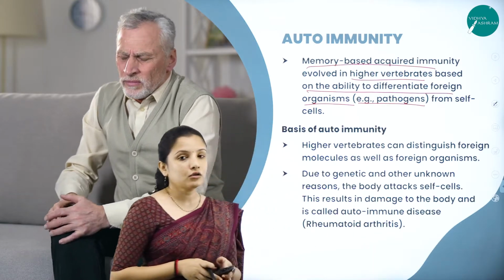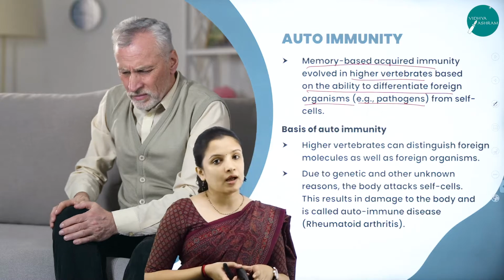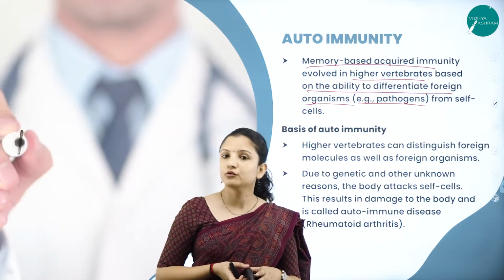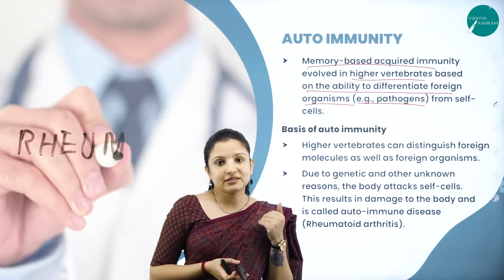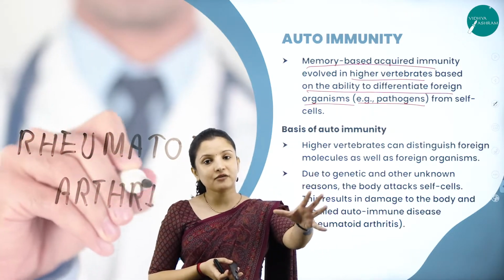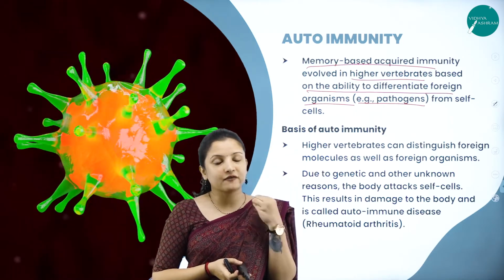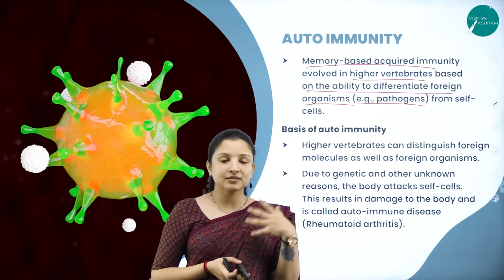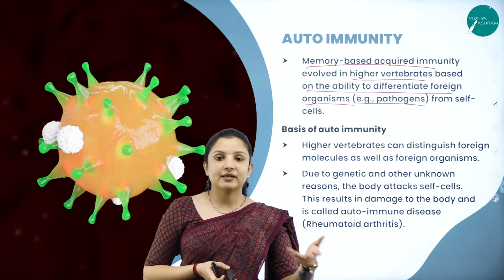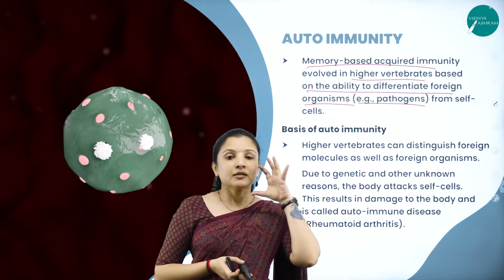So there are a lot of cells in a body. Will antibodies be produced against those cells? No. Why? Because those cells belong to our body. But when cells enter from an external source, meaning bacterial cells, viral cells or fungal cells, when all those enter into a body,